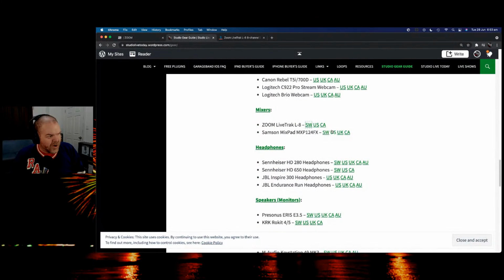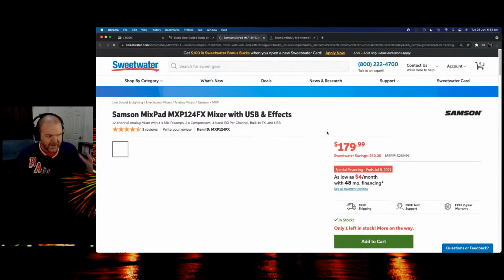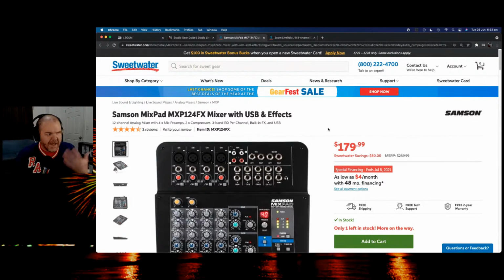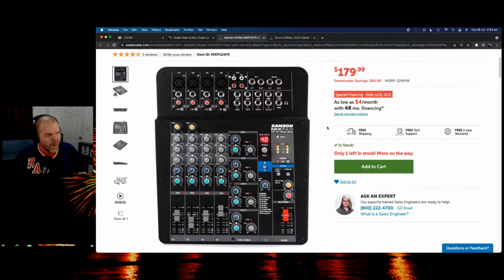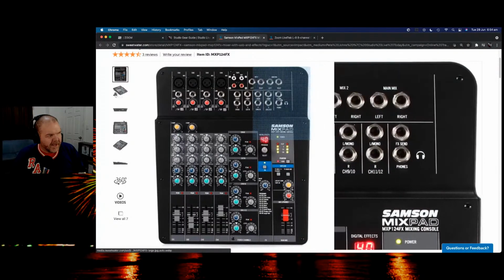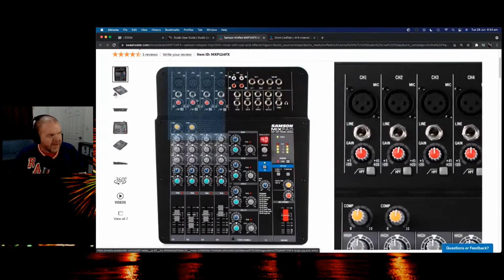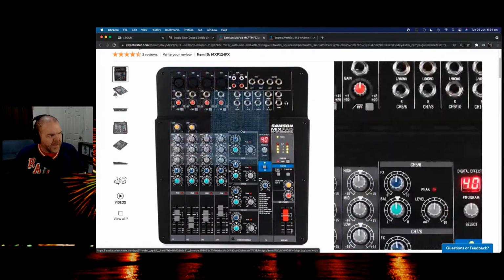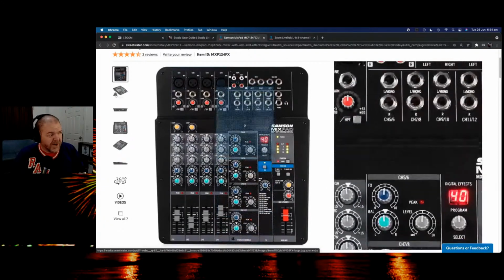The one I'm using at the moment is actually a great entry-level mixer. I highly recommend this one. You can hear me coming through it now. It sounds good. It has very similar sorts of options, but not quite the same level of gear going on there. This is what I'm using right now, the Samson MixPad. It's got 4 independent channels, and then it's also got 4 stereo channels.